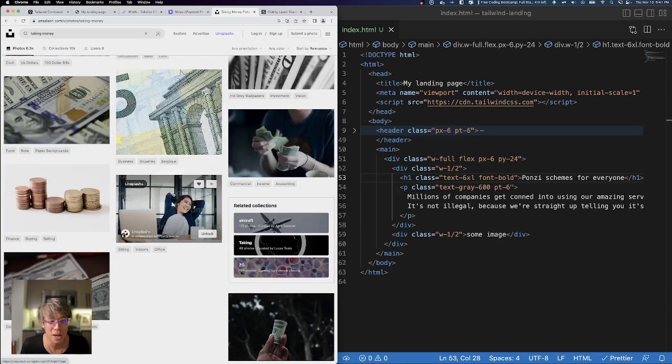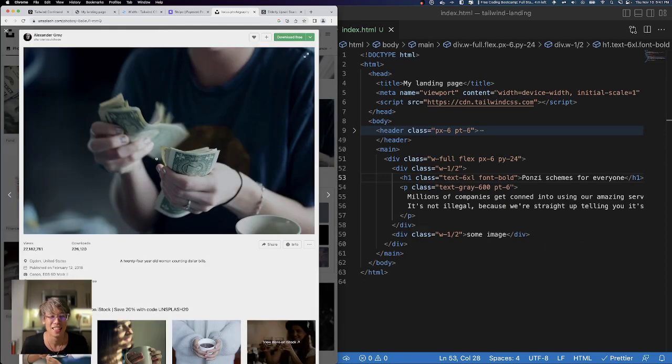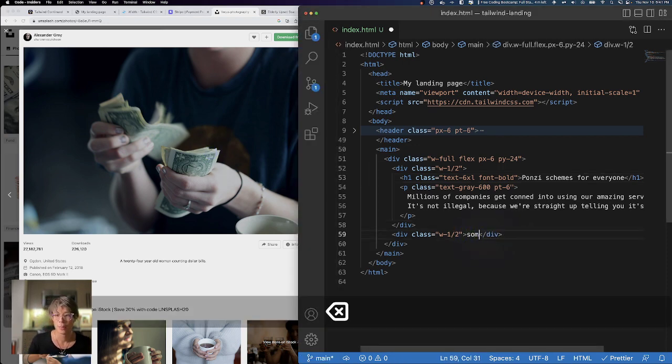None of these are Ponzi enough. Okay, this is kind of Ponzi enough, so we'll just take this. So I'm gonna grab this image. I'm gonna copy the image address, similar to how we did with the logo. So I'm gonna grab that image,